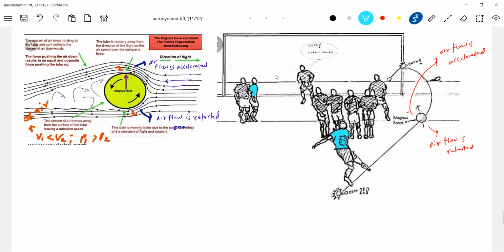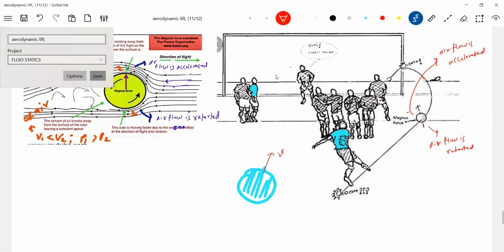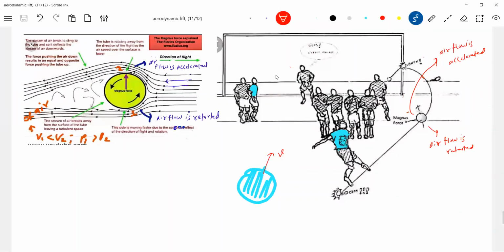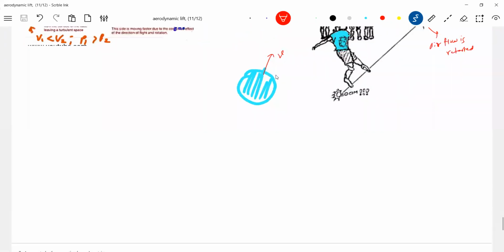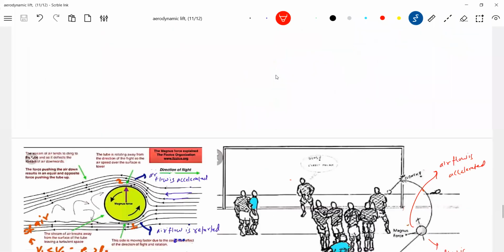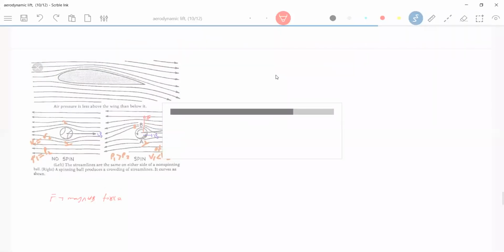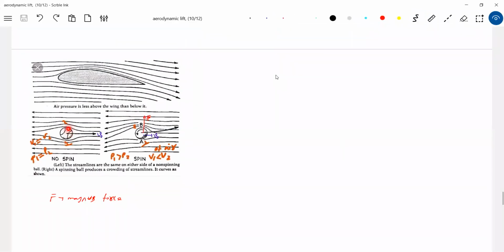Now what actually happens here? There's a ball, and I should produce the Magnus effect. For that, what happens if I just send this ball with a velocity v? I don't think there is any use. Am I right? No Magnus effect will come. So how is it possible? Why no Magnus effect? Okay, let's get into the supportive diagram I have for that. Here, no Magnus effect, just velocity.